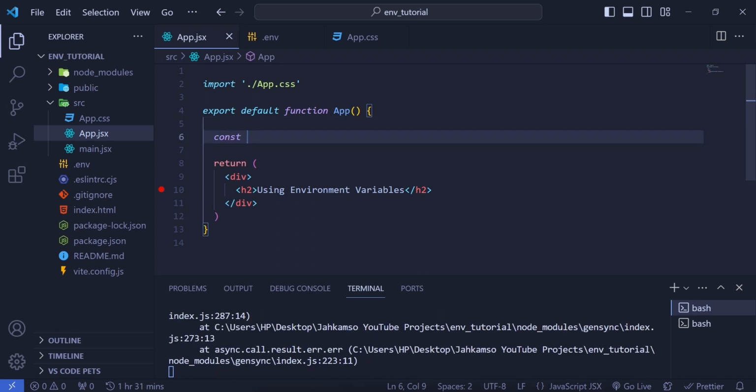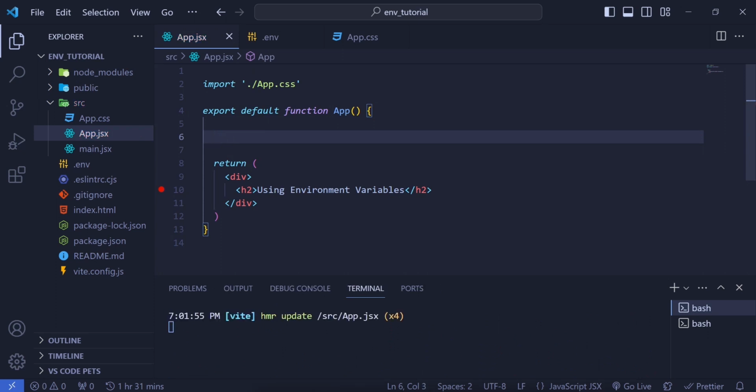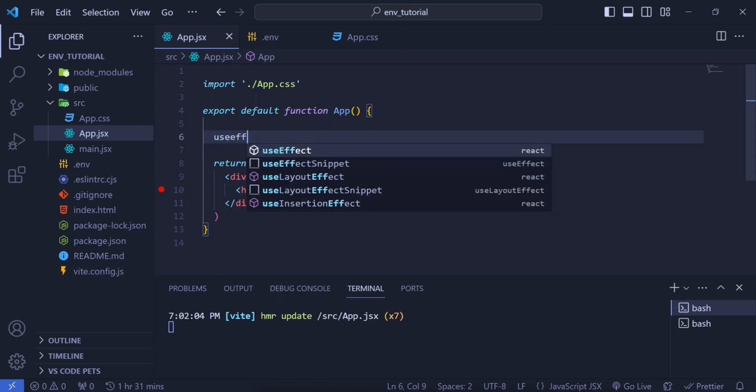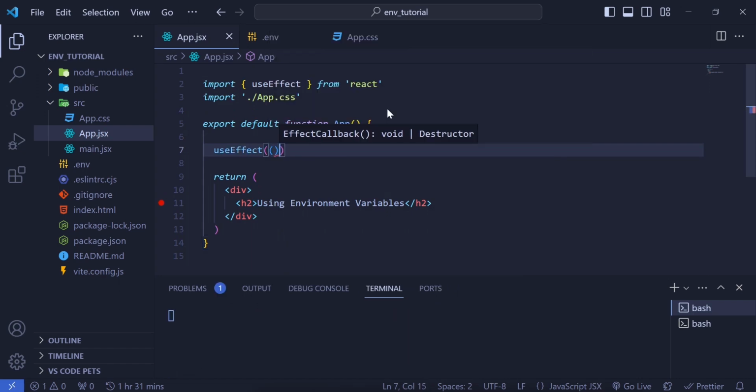Okay, so I want the API to fetch the data when the server starts. So when it mounts, so I just do